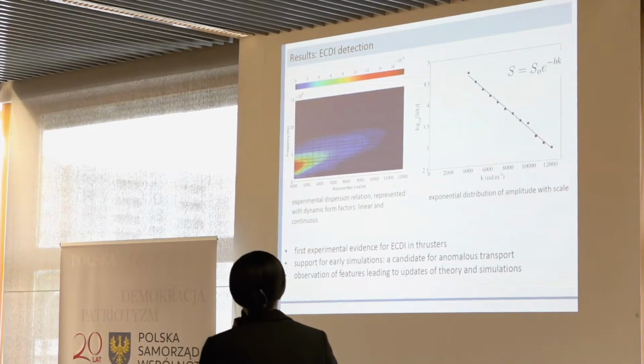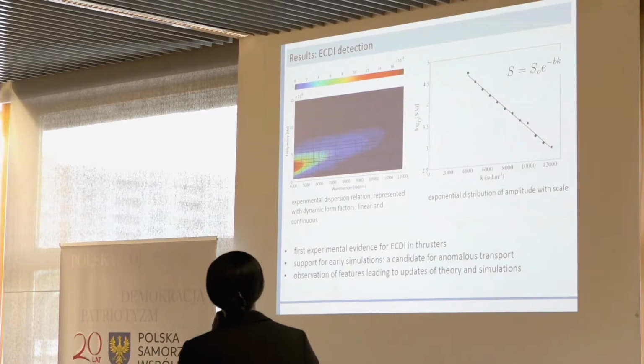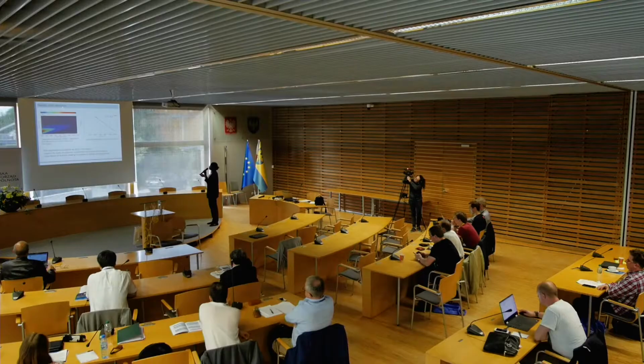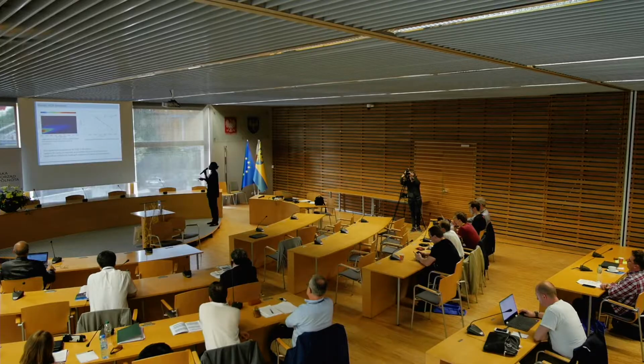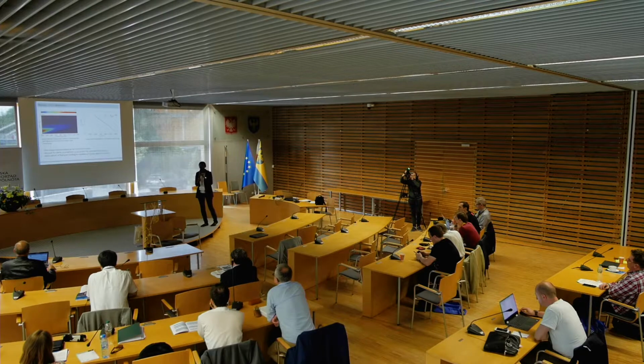So here I just want to show a few excerpts from our work, and the key one is that we're able to detect this instability, which is known as the electron cyclotron drift instability, at the predicted frequencies and wave numbers from the simulations. So the frequencies are on the order of a few megahertz. The wave number here corresponds to length scales between about 0.5 and 2 millimeters. That's typically the range we explored. But these are exactly the length scales that were predicted to be important for this instability,